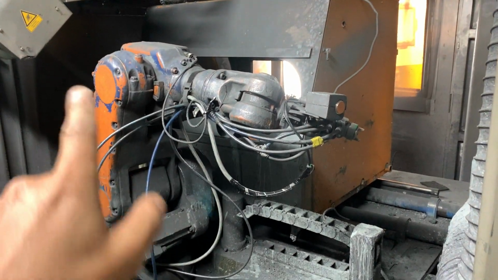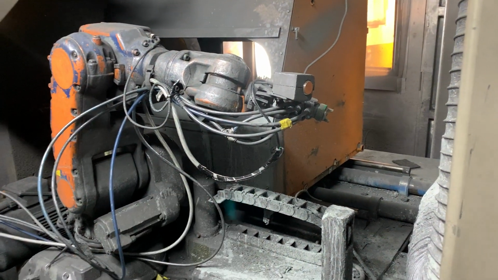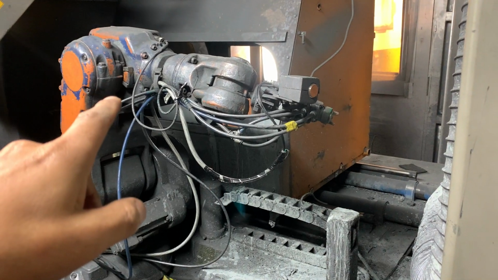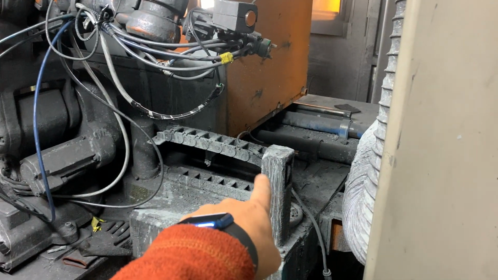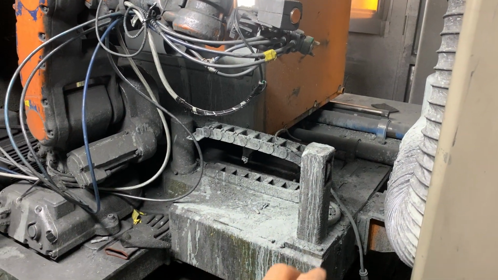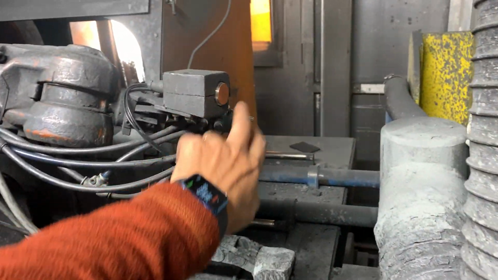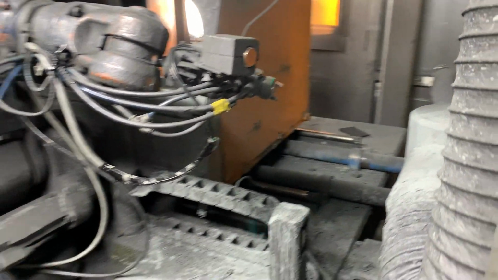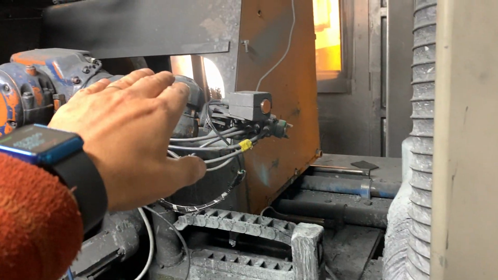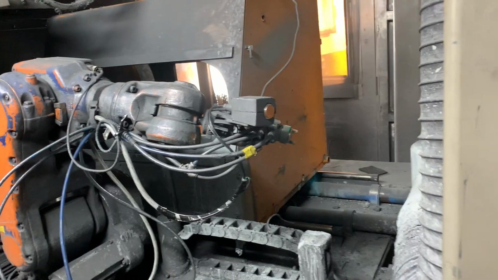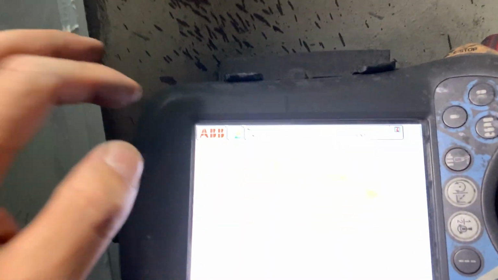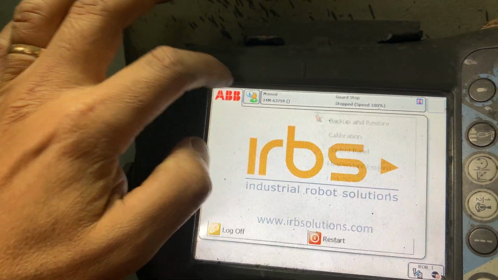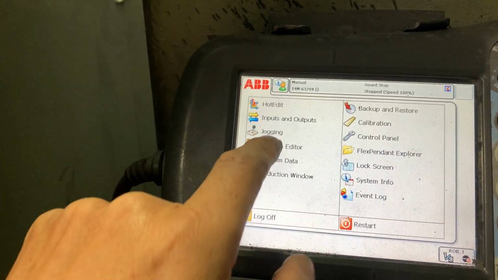So now we are going to test some routines. For example, the sense routine that is going to go through this, and with the sensor is going to detect this surface, and it's going to go to the cabin. So what you have to do now is to go to program editor,